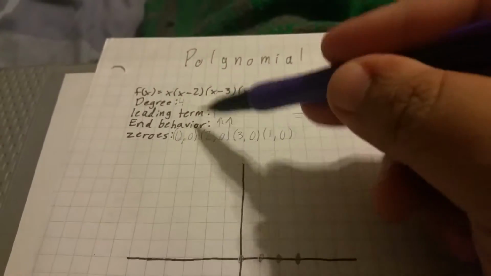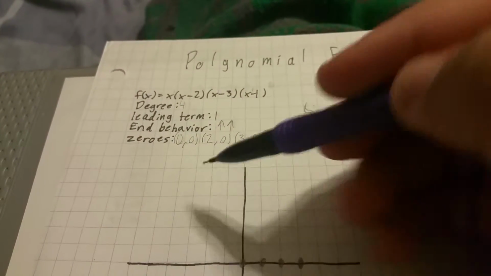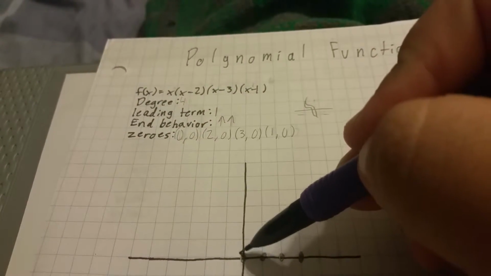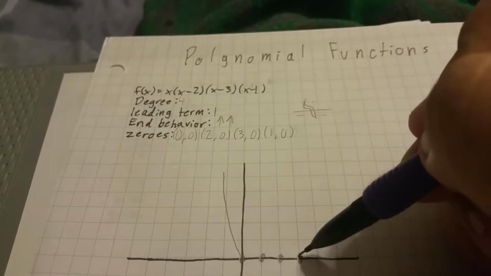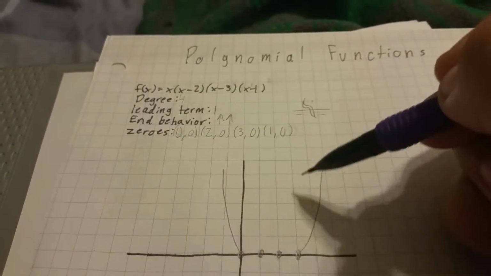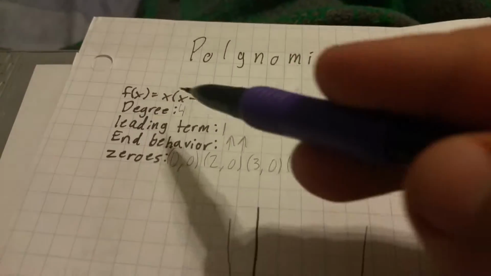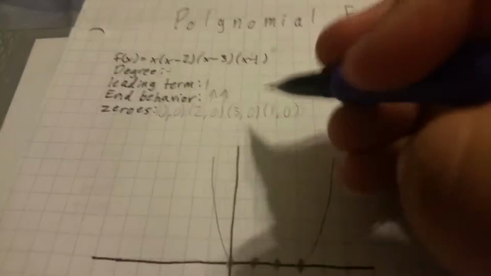Now, since we established that it would go up and up, that means it goes from the origin up, and from 3 here up. And since the multiplicity of all of these is 1, they would all cross. So at the origin,